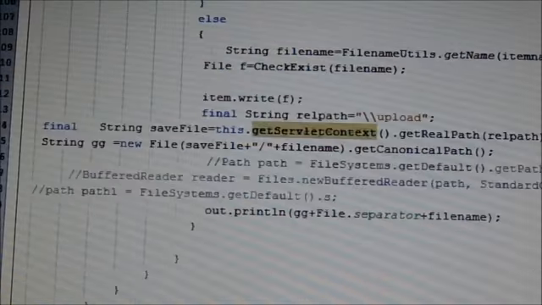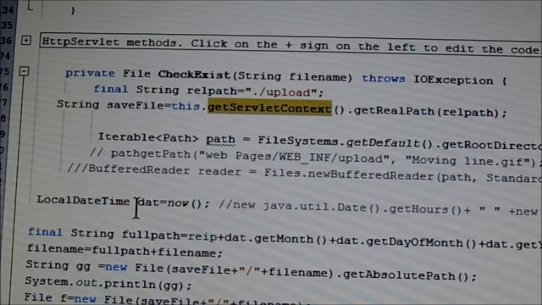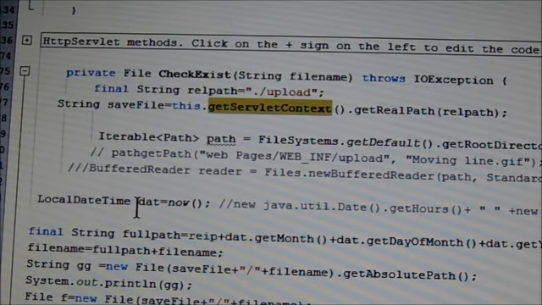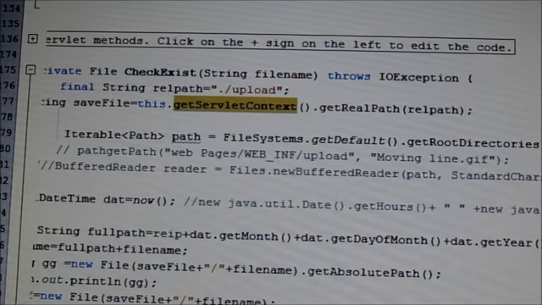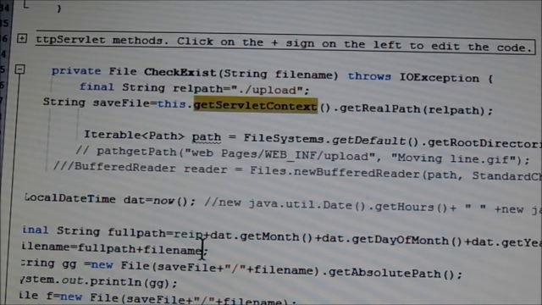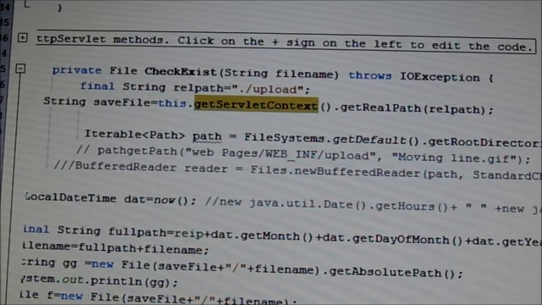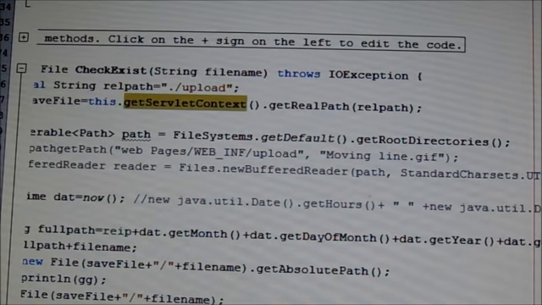If it already exists, then the file is renamed with local date and time, date.now. The now is a function which returns the local date and time, and we rename using recipient's date, get date, get day, and get year, get hours, get second, and get nanoseconds.